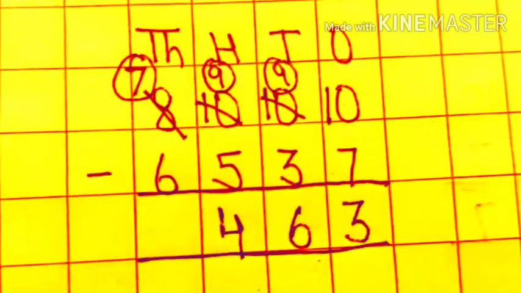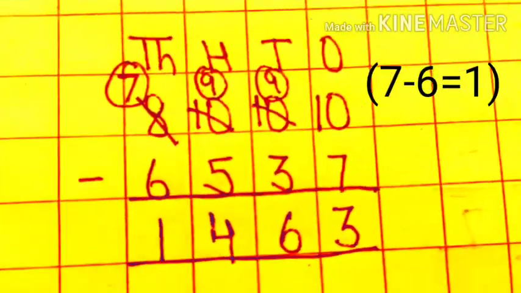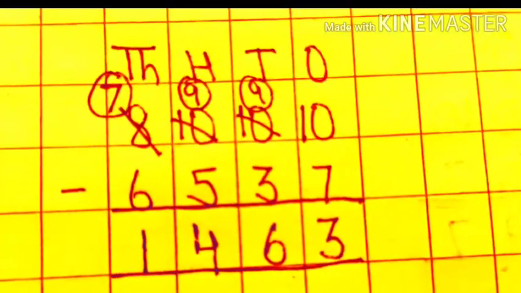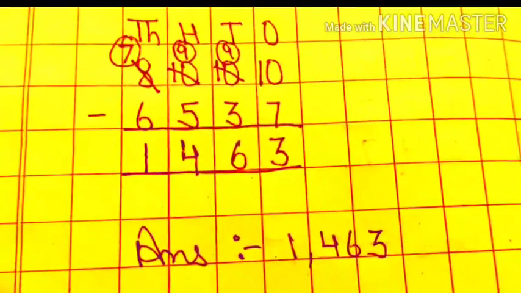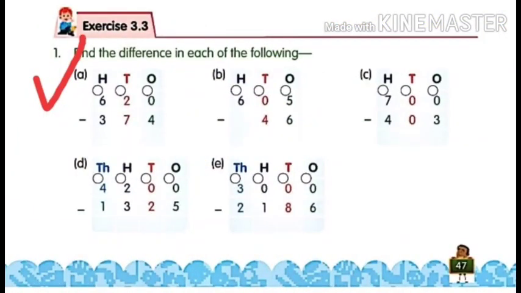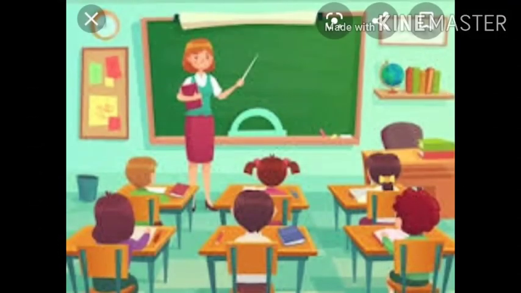Now next in a 1000 place we have 7 minus 6, and that is equal to 1. Dear students, finally we got our answer, and that is 1463. So my dear students, I hope with these examples and questions you understood this exercise, and you can